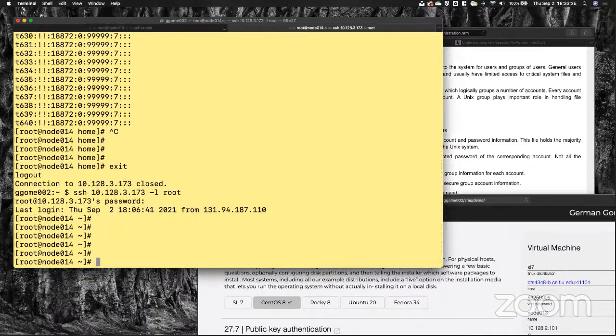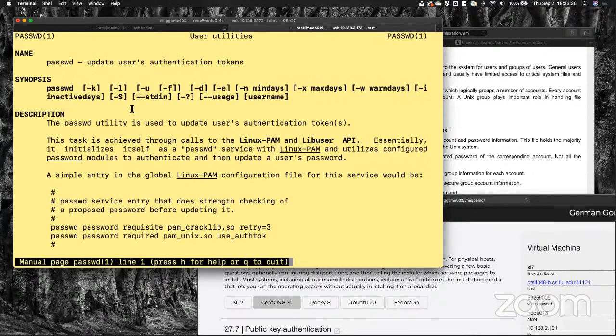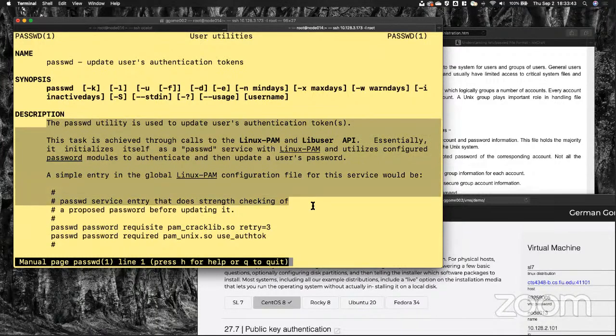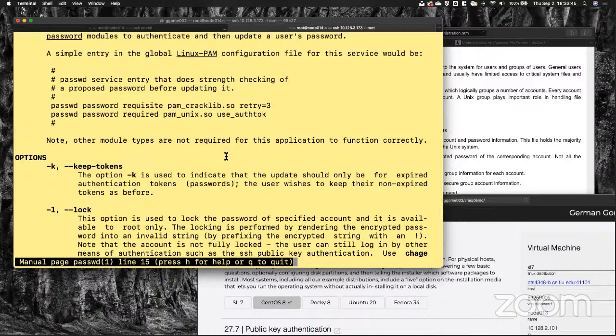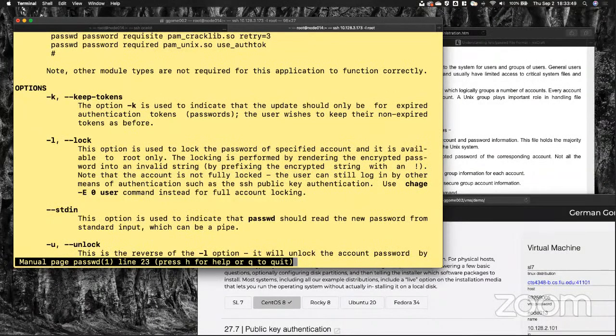What we're going to do is learn about another command, passwd. This command is a password utility, and we can read more about it in the manual, man passwd. It says update user's authentication tokens. Yep, that's what it is. It works with a bunch of other plugins and a bunch of other things that are very, very powerful within Unix. But to keep it simple, all we want to do is change